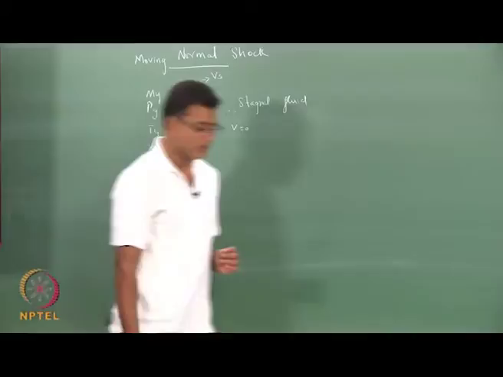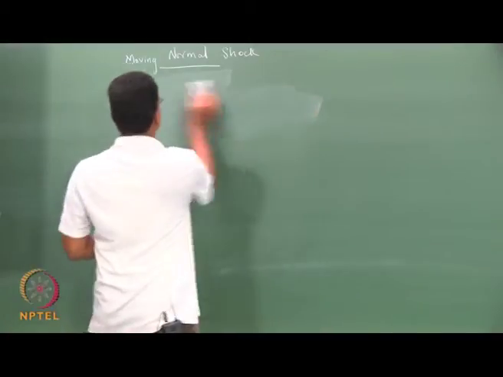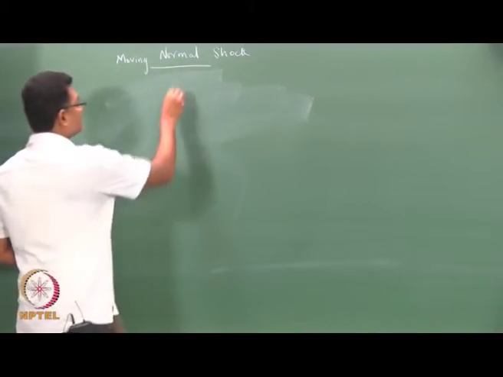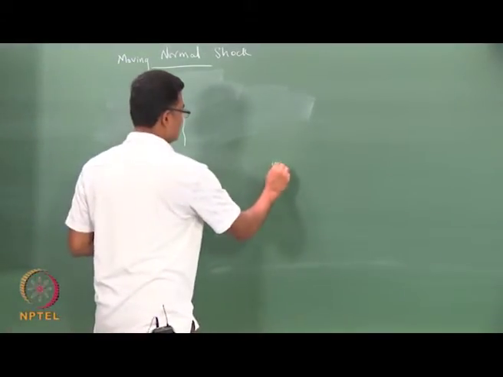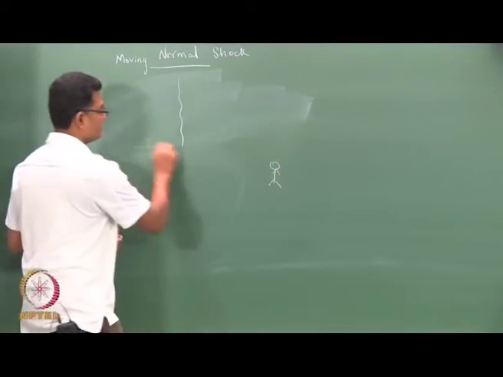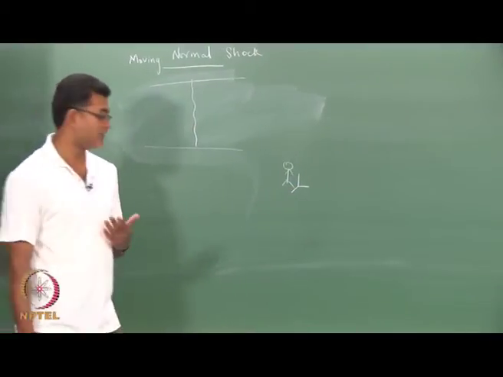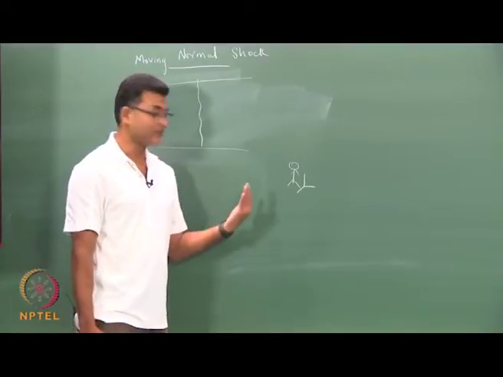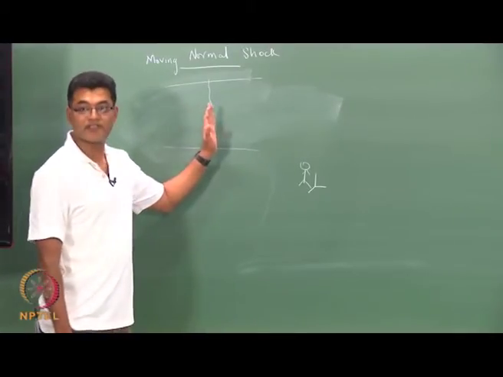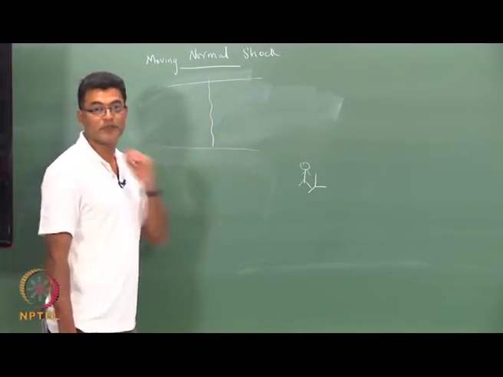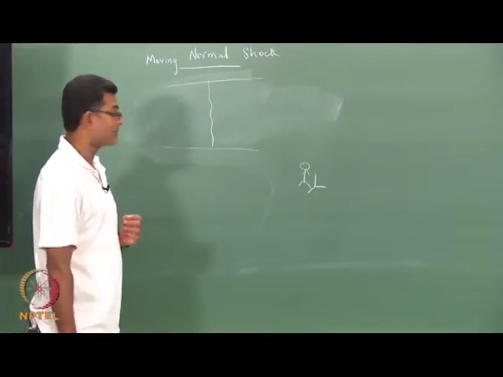Now, we will do the proper notations. I have a shock and I am an observer standing outside this. There is a frame of reference associated with the observer, like what we had done when we evaluated the velocity of sound. I have a pressure wave that is moving. Here the pressure wave is not infinitesimally small, but a finite pressure wave that is moving, which is a shock, unlike the sound velocity, which is an infinitesimally small pressure wave.